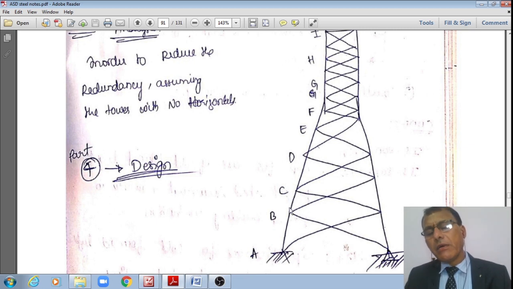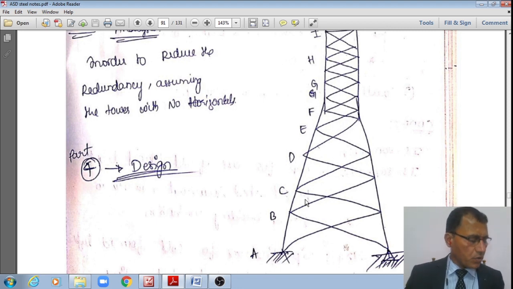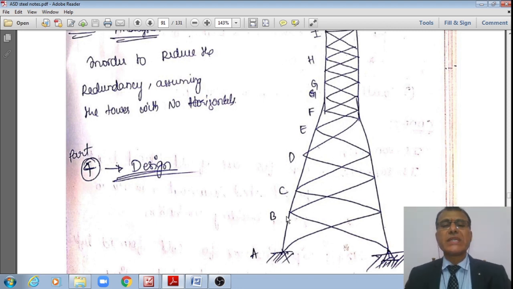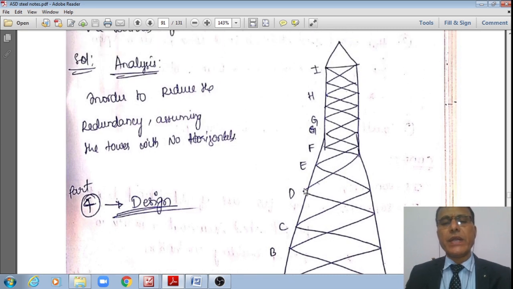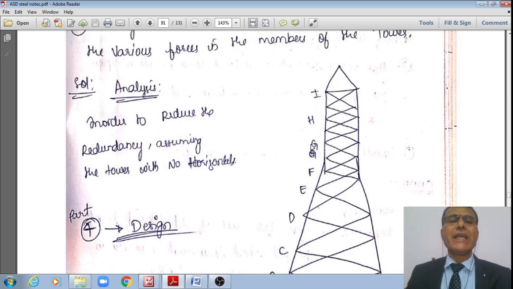If many forces are there, then you take a cut section and use the method of joints as well as the method of sections. You cut a section and take moments about that joint, maybe A or B or C as appropriate, so that they furnish additional equilibrium equations. Solving those two or three additional equations, you will get all the unknown forces in the members. That is how you go on finding all the different forces in the various members.